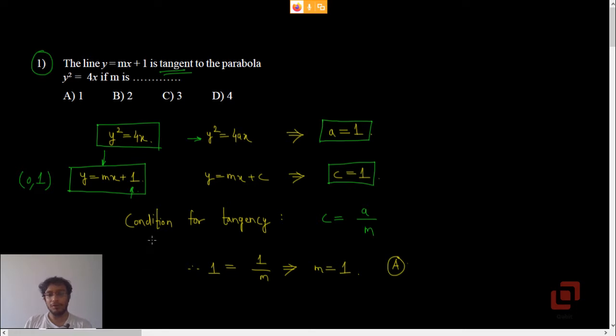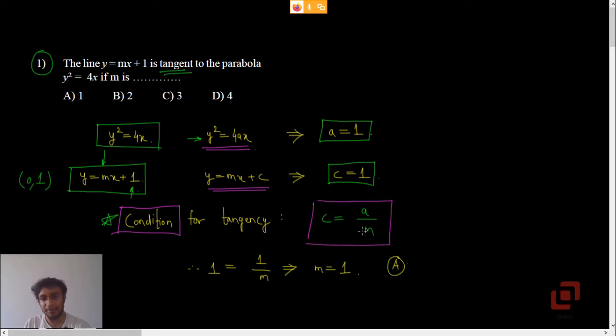Now for all four conic sections, circle, ellipse, parabola and hyperbola, we have conditions for tangency. Okay, now what do we mean by this? This is the condition that a line should satisfy so that it is a tangent at some point on the curve to the curve. Okay, so for the parabola y squared equal to 4ax and the line y equal to mx plus c, the condition for tangency is c equal to a upon m. Okay, you can prove it very easily.